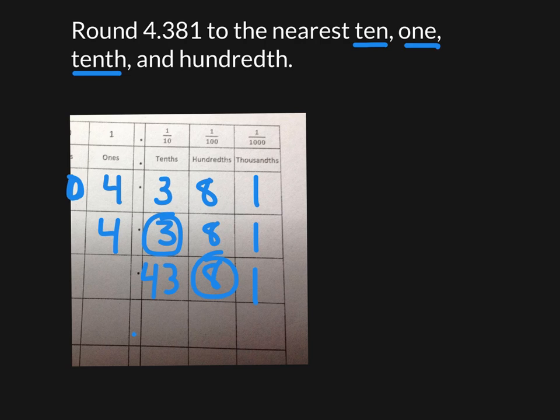And finally, I'm going to be thinking of this number as 438 hundredths and 1 thousandth more, and I will know that it has to be between 438 hundredths and 439 hundredths. And I need to know whether I should round down to 438 hundredths or up to 439 hundredths. And once you do your rounding, don't forget to write your answer